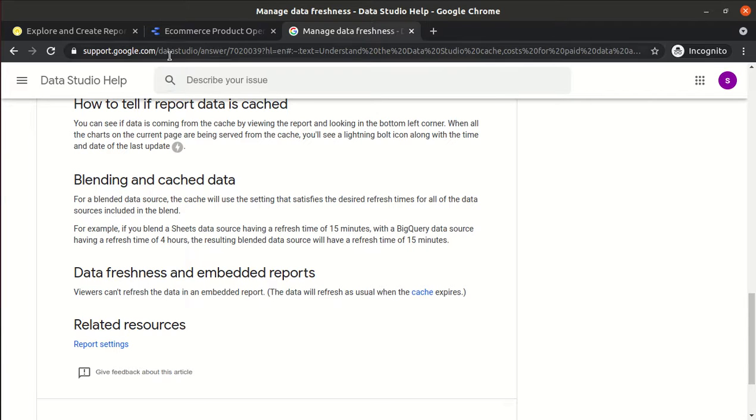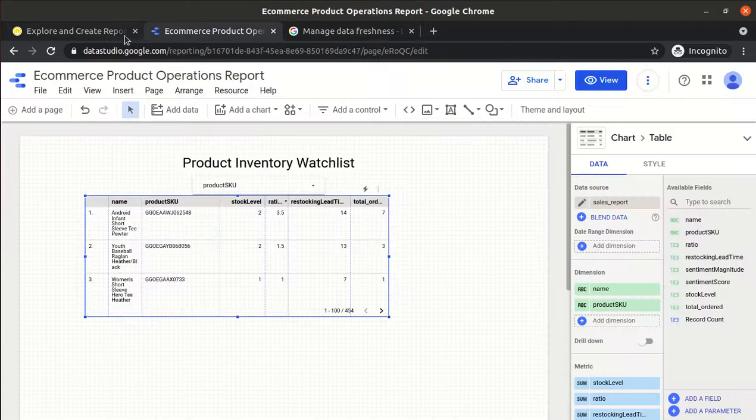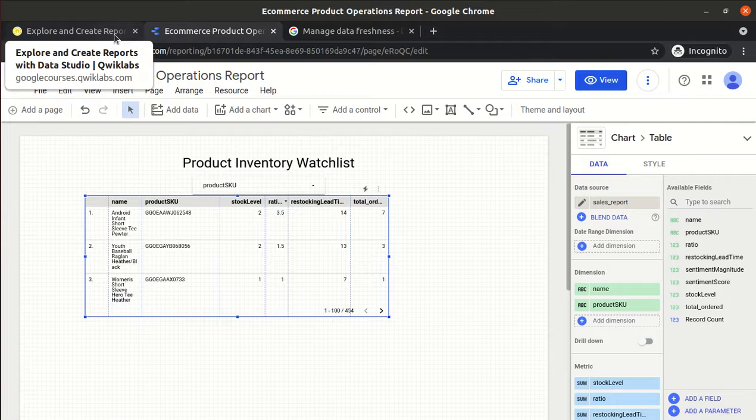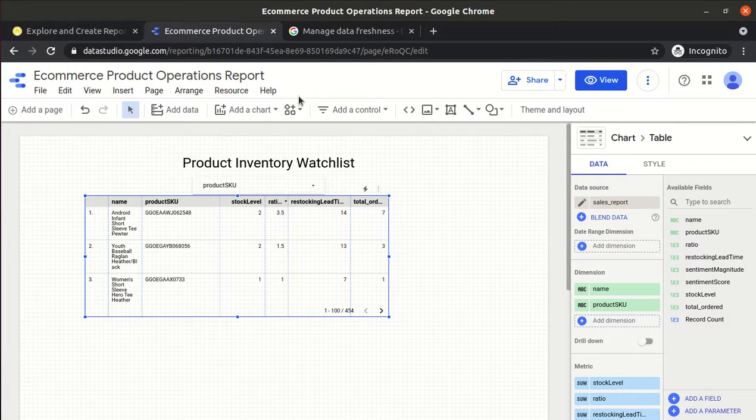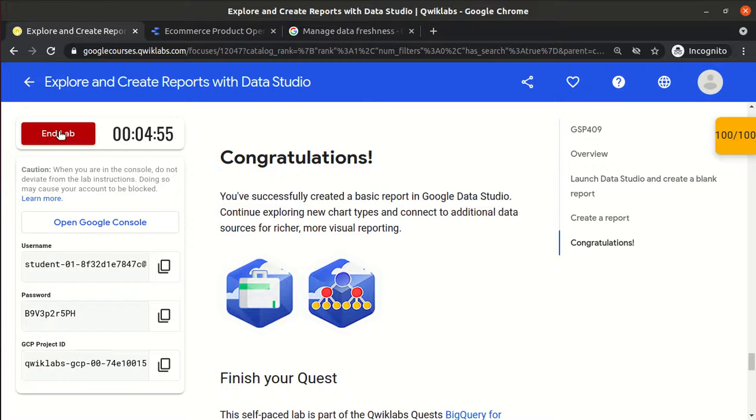So that's why sometimes you see the old data as well, even when at the back end, in the source, the data changed, but in the report it is not reflected. That is because of the cache. So one option is to refresh the data, and the other option, I think, is to disable the cache, but I'm unable to see where we have the disable cache option. Anyhow, leave this. So this is the end of the lab.